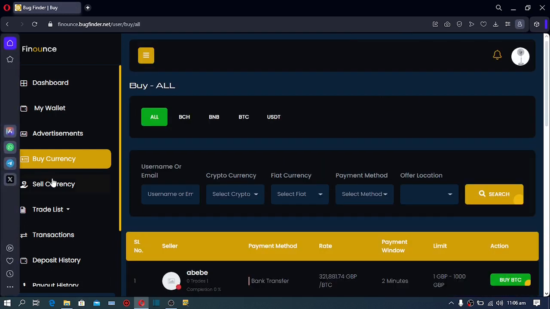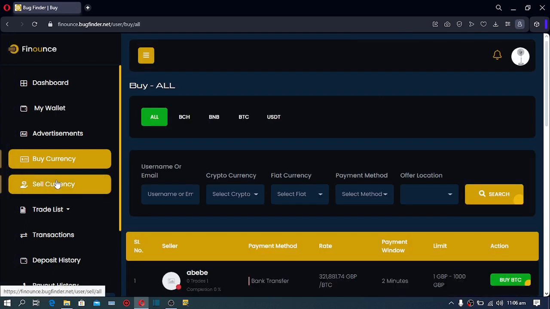Let's talk about selling of cryptocurrency. Now you have accumulated your cryptocurrency and you want to sell it out. What do you do? Don't worry, the website has buyers that you can sell your cryptocurrency to. The way you bought it, the same way you can sell it out. So we have buyers and we have sellers. Right now you are going to sell it out, so you go to sell currency,